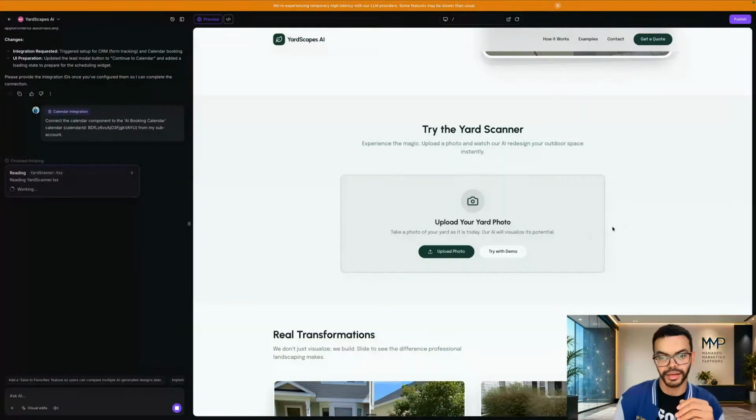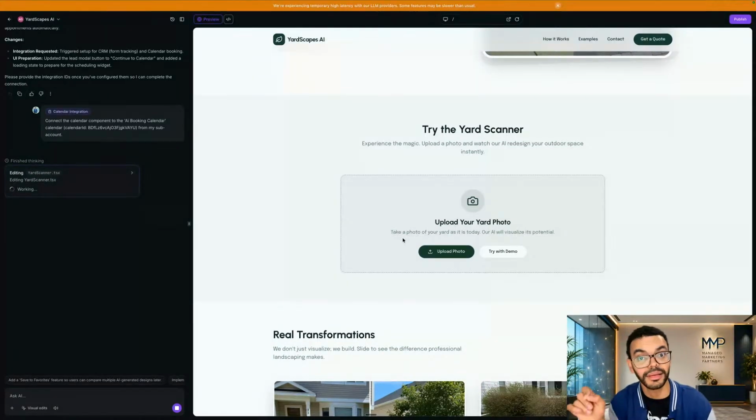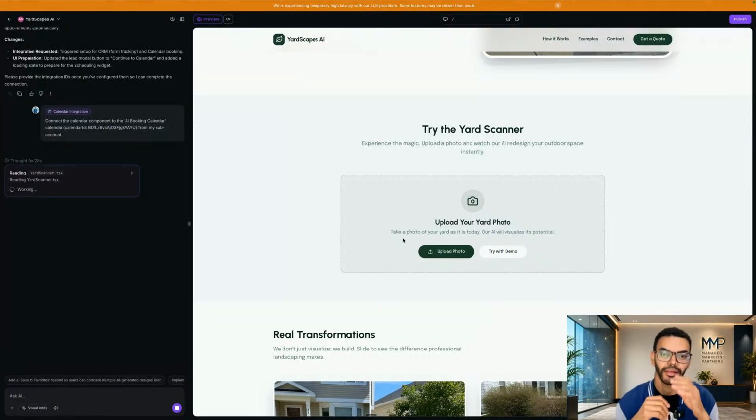And this in itself right here is a beautiful lead magnet you could just add to the hero of your website. And you can get custom leads where they can show like the beautification. You can even add a form to it, like, hey, what would you like to see? What would you like to do here? You want a waterfall with a fire feature, and so on? There's a lot of stuff you could do there. But it all begins